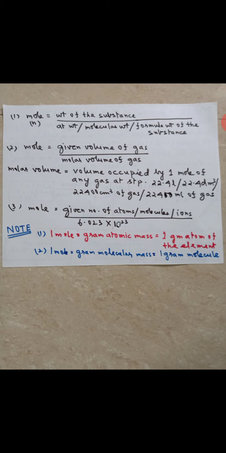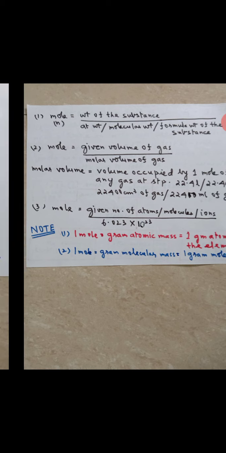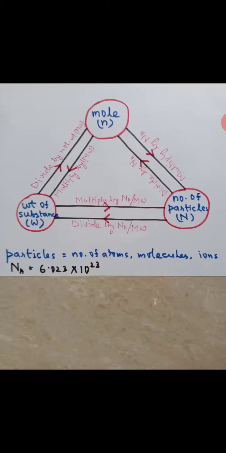Okay, fine. Now I have given you a chart, another mind map, to convert the mole into particles or weight. Now see, if weight is given, how to convert into mole? So what I have written, see the arrow, weight to mole, divide by molecular weight. Now mole to weight, so you write in your notebook, mole is weight by molecular weight.